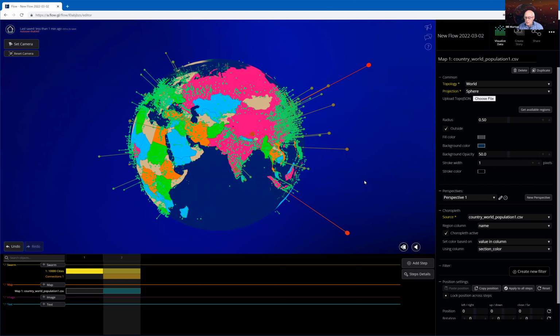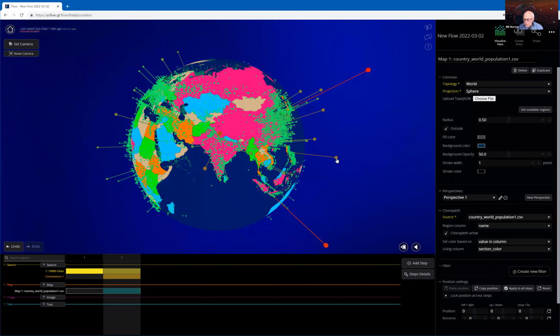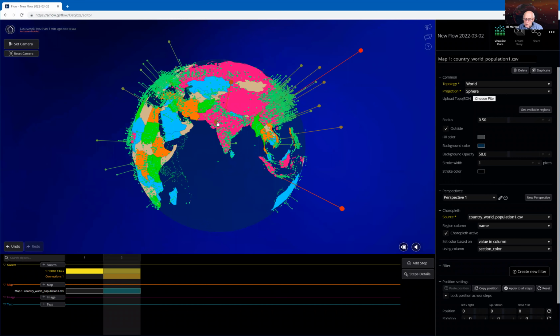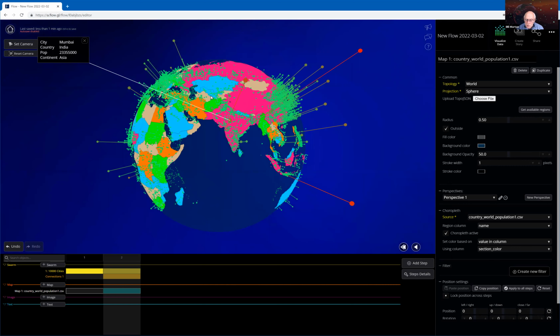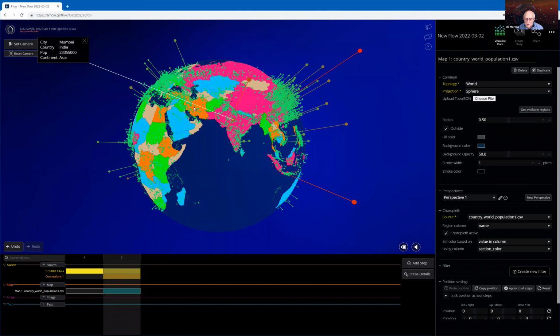Okay, now let's click on one of these dots here just to see what country. Well, this one's going to be obvious. Okay, this is India, Mumbai, India. Okay, let me click on one of these orange dots for an orange country. Let's see which one it is. Okay, this is Iran. So Iran is one of the countries between the 11th and the 20th position population-wise in the world. Okay, so Iran, and there are other countries that are orange, which are the 10th through the 20th